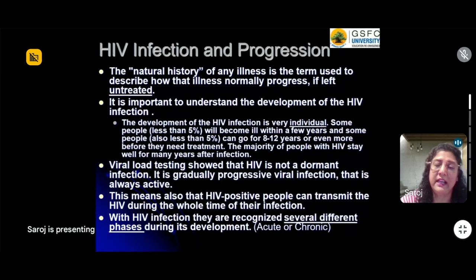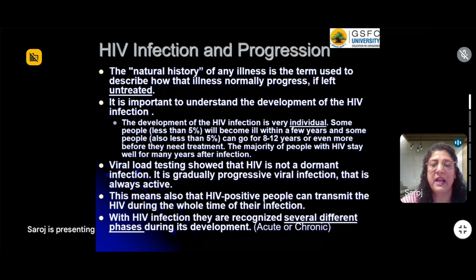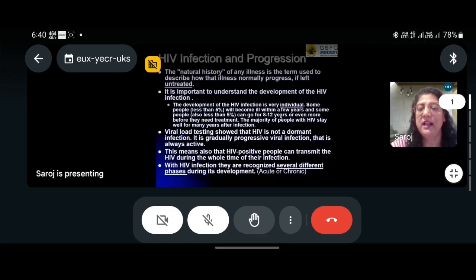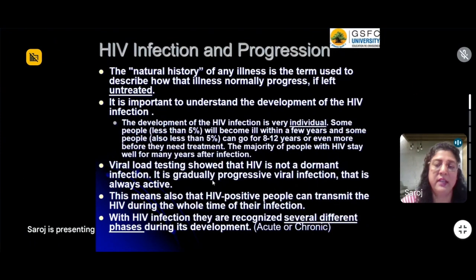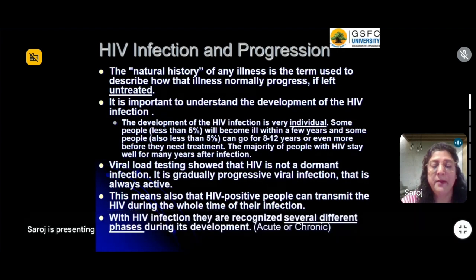Now, when we talk about the infection, as I said, it is a very individualistic virus. It can take a few years to develop the disease. So those who have been exposed to the virus may not develop the infection immediately, but over a period of time, as it says, some need the treatment. So you can see how this infection can be dormant for a very long period of time. Dormant doesn't mean that the HIV is not doing anything. It is progressively increasing in number, and that is why this is a perpetual infection that you would have in your body.